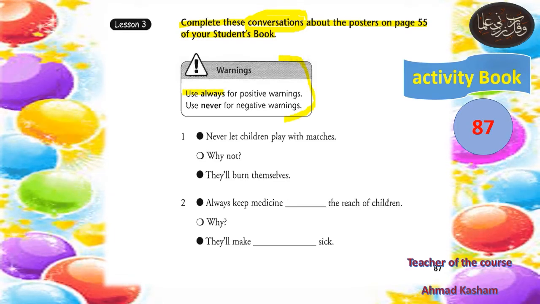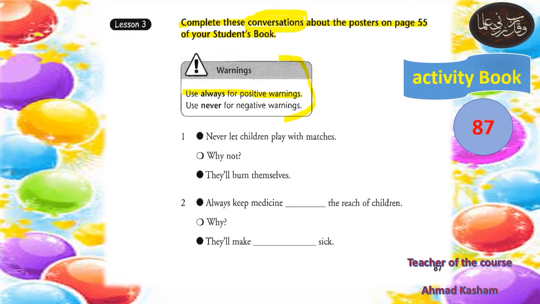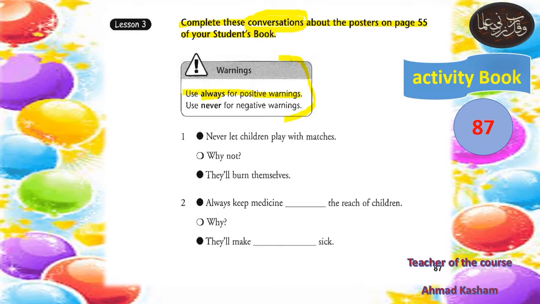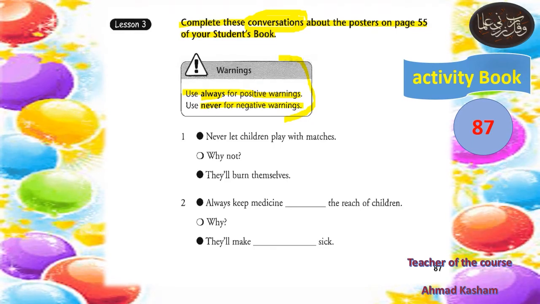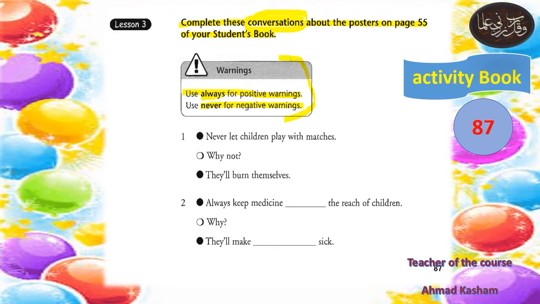Use always for positive warnings. So we use always when we have positive warnings, التحذيرات الإيجابية. And we use never for negative warnings. ونستخدم never عندما يكون لدينا تحذيرات سلبية. Now,